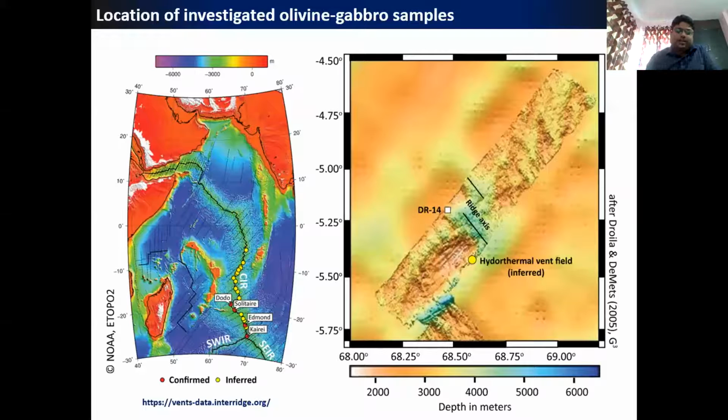So my study actually concentrates on the northern hydrothermal vent, which is near the Vityaz Megamullion. Okay, so this is the location, and in the right part you can see the inferred hydrothermal vent fluid, and this is the location of the samples where we collected oceanic dredged samples of all types of rocks in the oceanic